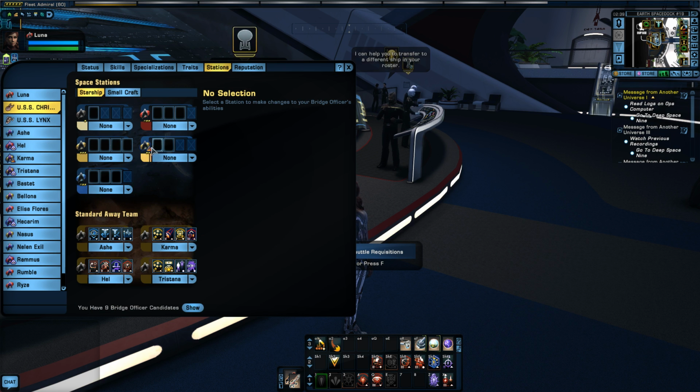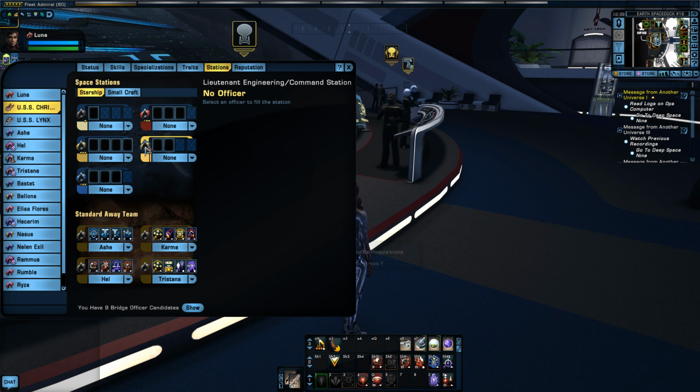Let's see, here is a difference. I actually had heard about this, that they changed the Lieutenant Engineering Intelligence to Lieutenant Engineering Command. Now that's actually pretty interesting. That's very interesting. So you can run this as a command ship. You could actually...